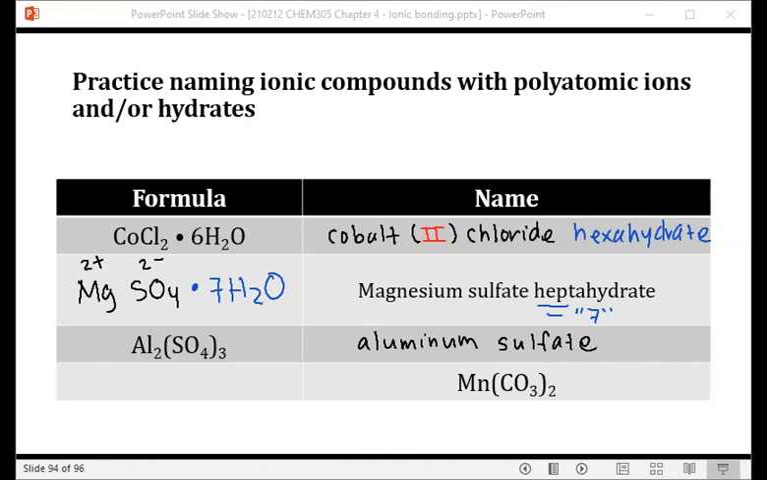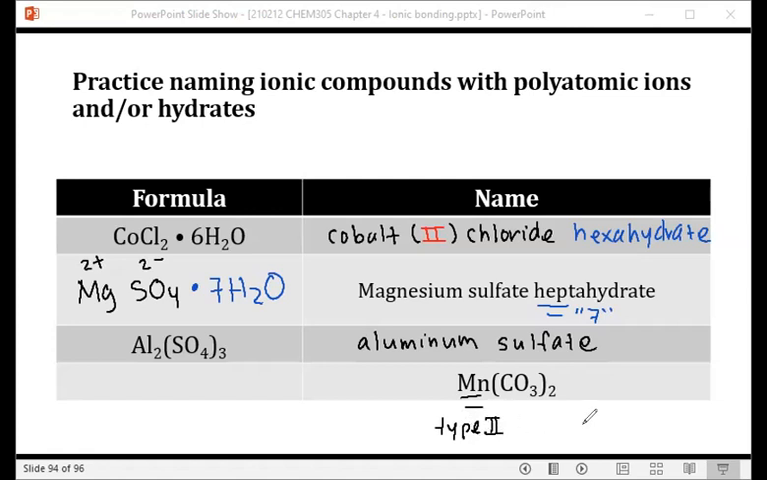Okay, last one. We have the name. It's got put in the wrong spot. We have the formula MnCO3 2. So let's write the name over here in this blank spot. So Mn is manganese. Make sure you don't get it confused with magnesium. Magnesium is Mg. Magnesium is a type 1 metal. It always has a charge of 2+, but manganese